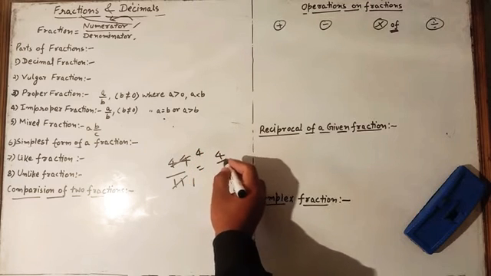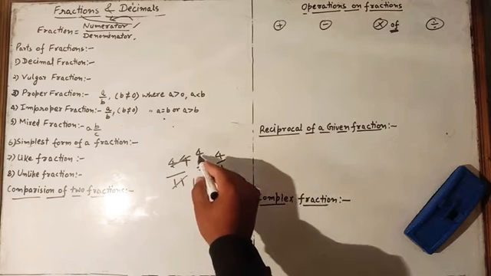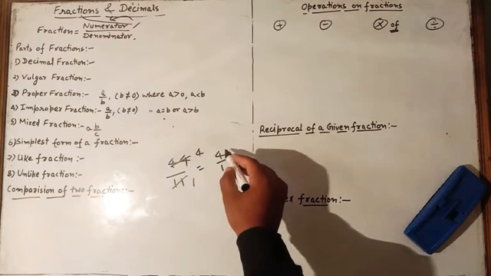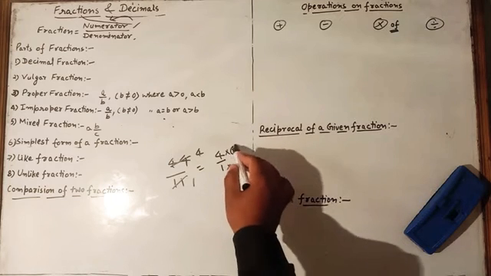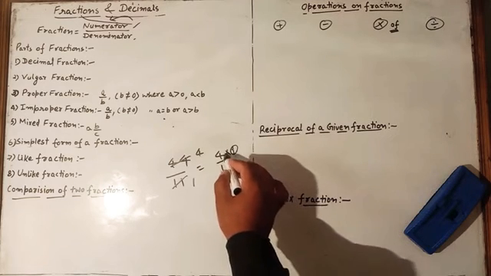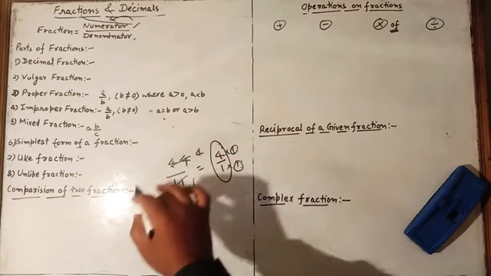It can be written in the form of 4 upon 1. Means if a fraction has none other than 1 as the common factor, as in 4 into 1 and 1 into 1, we can write it so. Only other than 1 there is no common factor of 4 and 1. So it will be the simplest form of a fraction.